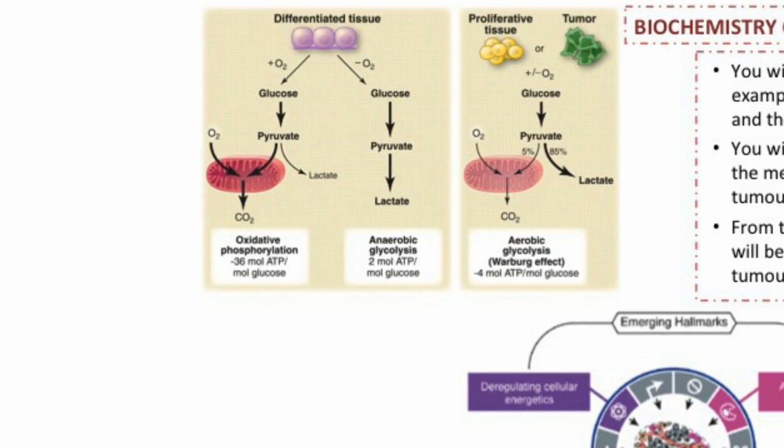The first emerging hallmark is deregulating cellular energetics. In order to fuel their rapid growth and proliferation, cancer cells require a lot more energy than normal. Normal healthy cells break down glucose under aerobic conditions to pyruvate in the cytosol and thereafter to carbon dioxide in the mitochondria. Under anaerobic conditions, that is, in the absence of oxygen, glycolysis is favoured and so minimal amounts of pyruvate are